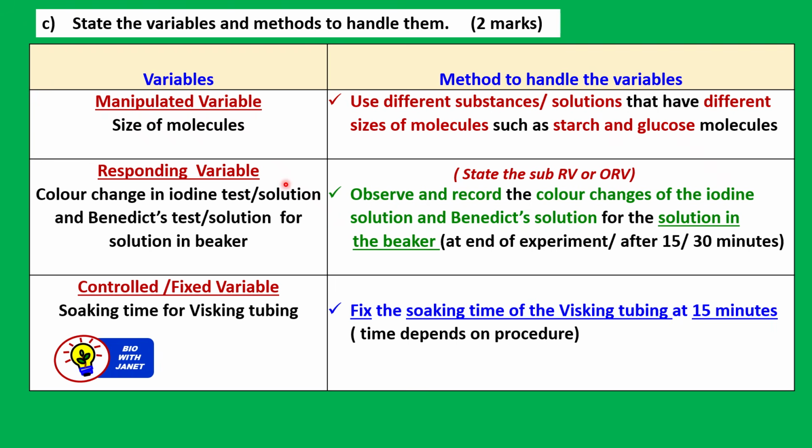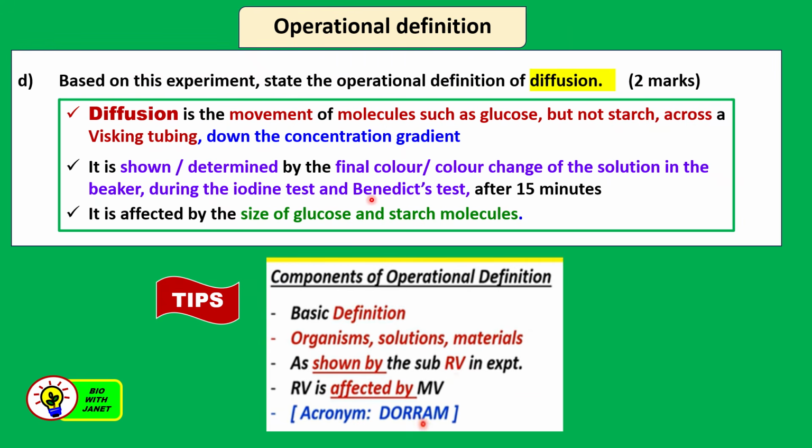Okay, so remember, for responding variable, write down the sub RV or operational RV. This is called the operational RV, the one that you measured or observed in the experiment. Operational means experimental. Don't go and write presence of molecules. Not so clear. Presence of molecules, although that is a responding variable too. The color change is the one we want to observe. Now next,